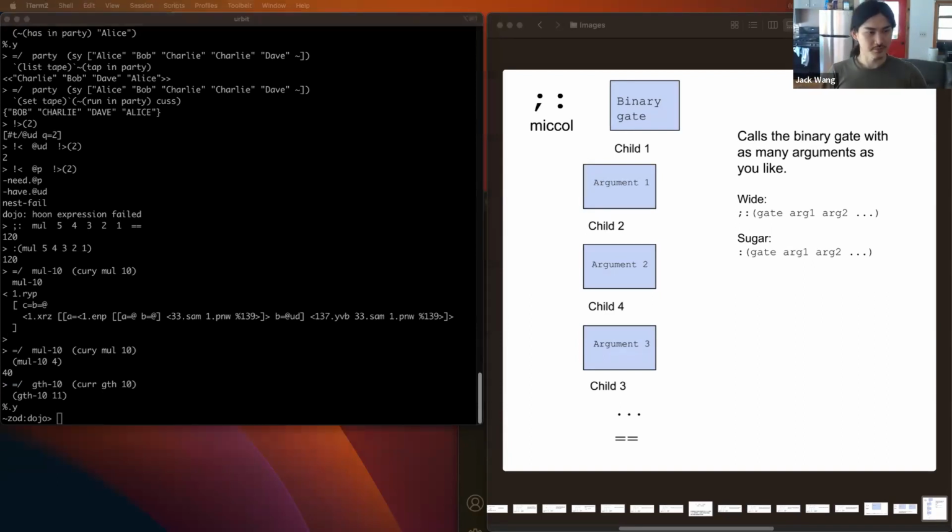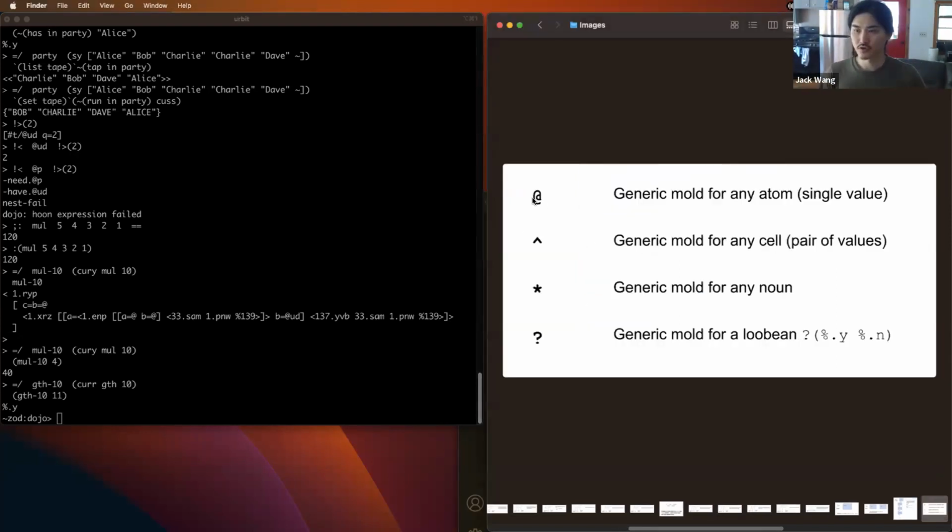We're close to wrapping up the Hoon section of the course. Before I do so, I want to go into a few more syntaxes that you might see around in different kinds of Hoon code. So you've already seen this pat, right? And this is a mold. This is a generic mold for any atom. Like if you see in a gate, A equals pat, that means you're getting an argument A, which is an atom, right? What this ket means is the same thing, but it's a generic mold for a cell, any